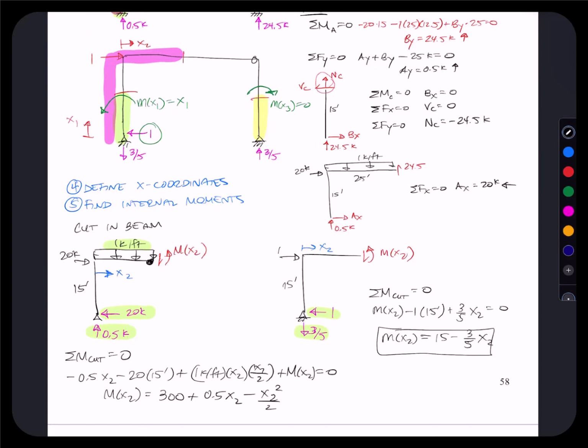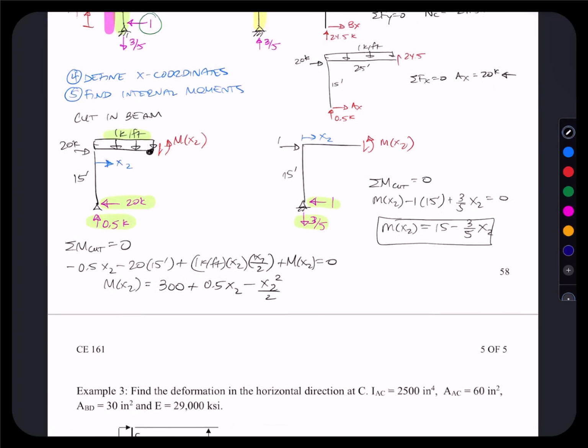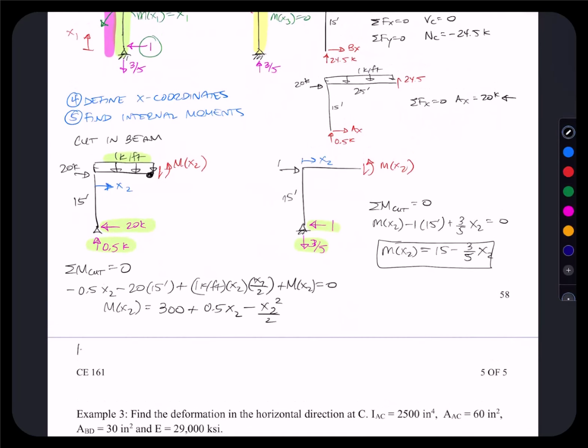Technically we need to write 3 integrals because we have 3 cuts, 3 moments, but because m of x3, both little and big, are zeros, we don't need that integral. So we're just going to write the 2. So 1 times delta x is 12 cubed over EI. Integral, do the beam first, 0 to 25 feet. We've got little m is 15 minus 3/5 times x2 times our big M of 300 minus 0.5 x2 minus x2 squared over 2